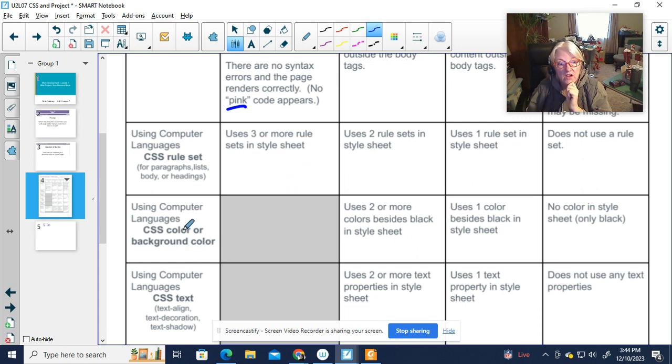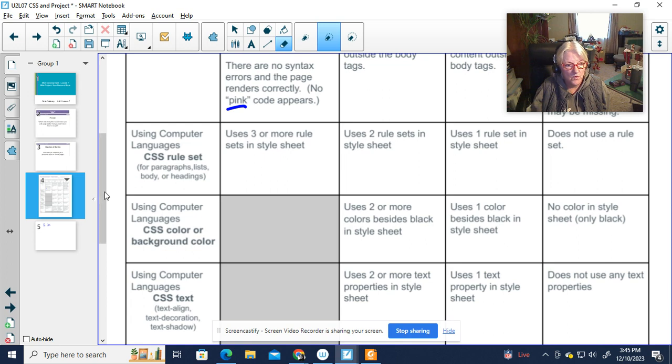Next thing has to do with color or background color. 2 or more colors besides black. The default for your type is black. So if you add 2 different colors for your type, like your paragraphs are one color and your H1 headings are one color, or your H1 and your H2 headings are different colors, cool. But I'm looking for 3 colors. You can also use a background color, whether that's just in one specific category or tag, like paragraphs or H1s, or if you use it for the whole body. Okay. And then once you've got that, as long as you have 2 uses of that besides the default black,